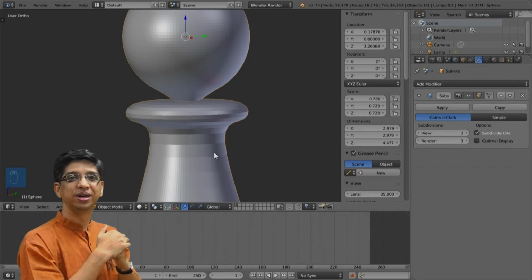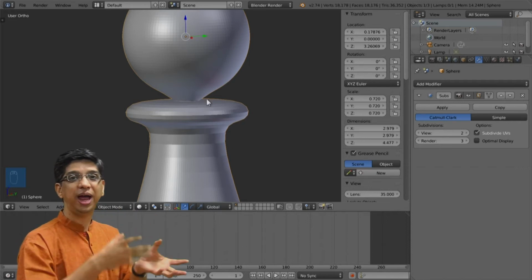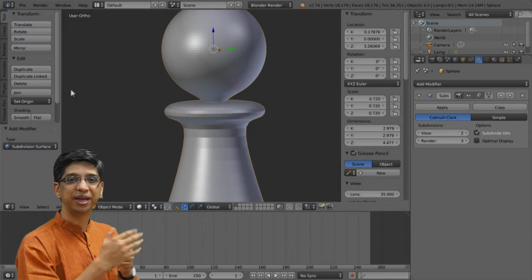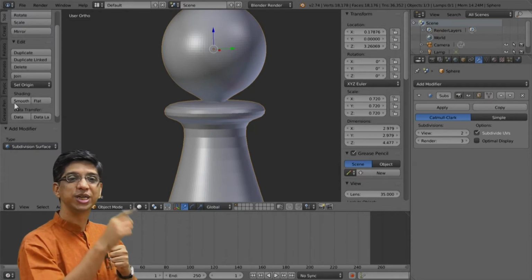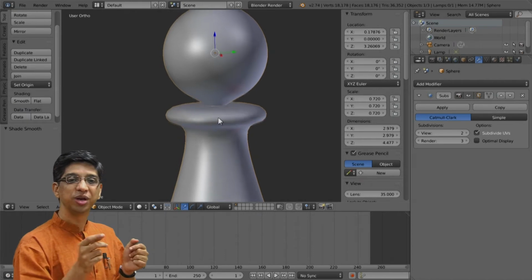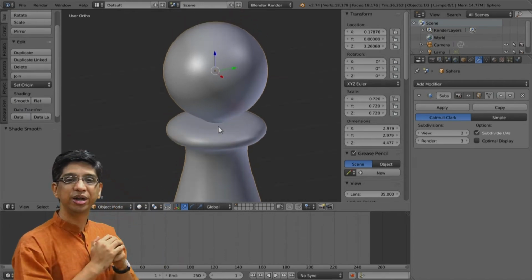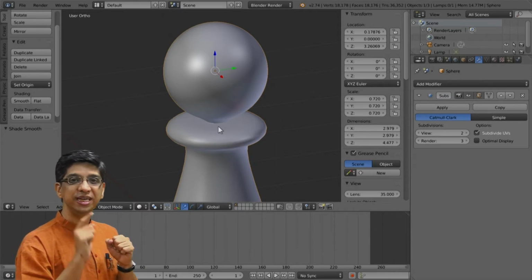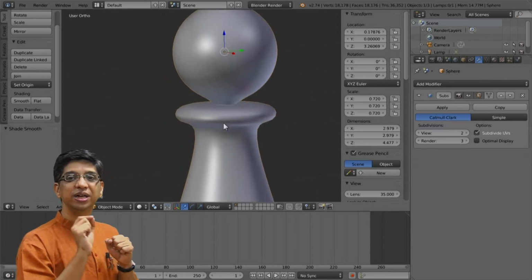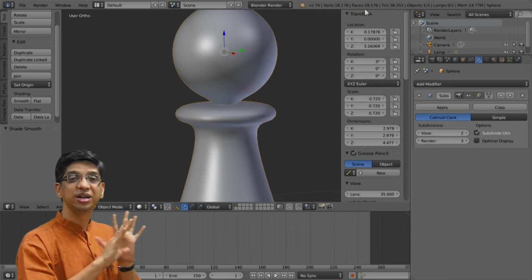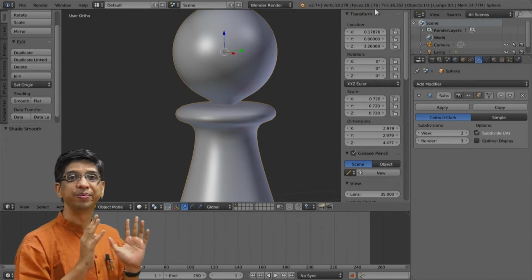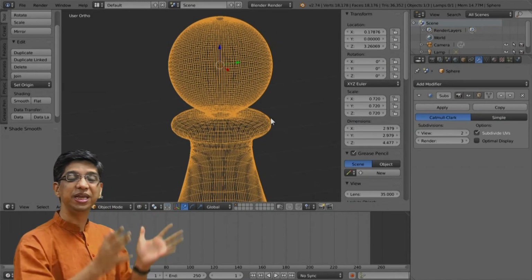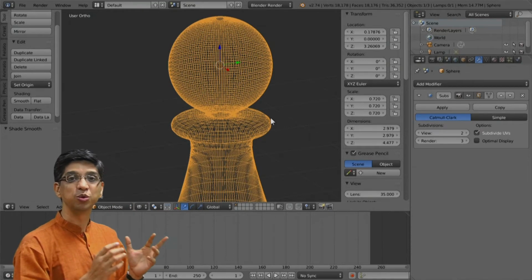Here is one more important tip: you can combine smooth and subdivision surface both to get the desired look. So let us press T to get the tool shelf on, go to shading and press smooth. The moment you press smooth, you can see that the faces have gone and you get a very smooth surface. You should also be able to see that the number of faces has changed drastically and become 18,000. Now if I press Z, you would be able to see that these many faces have been created, and that is why it is looking smooth.